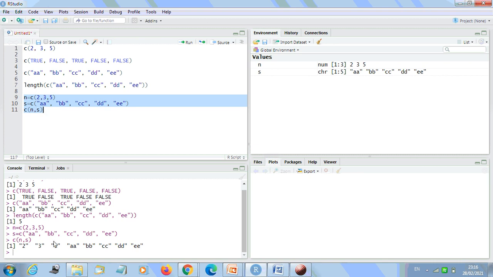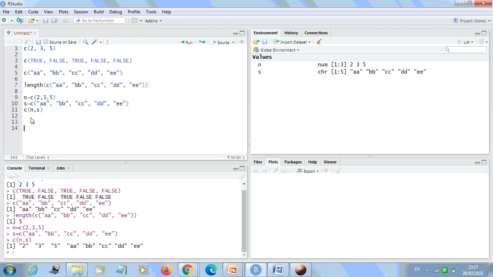Okay, so we'll see vector arithmetic now. Arithmetic operations of vectors are performed member by member, that is member-wise.